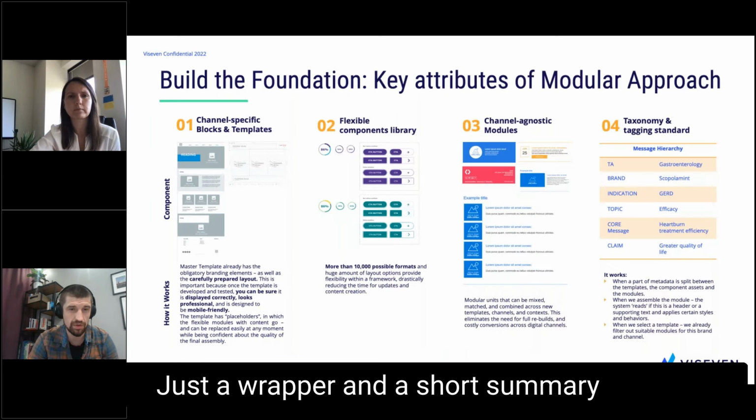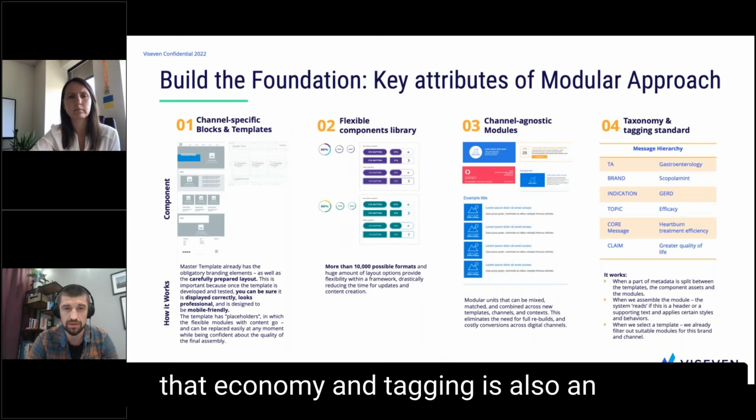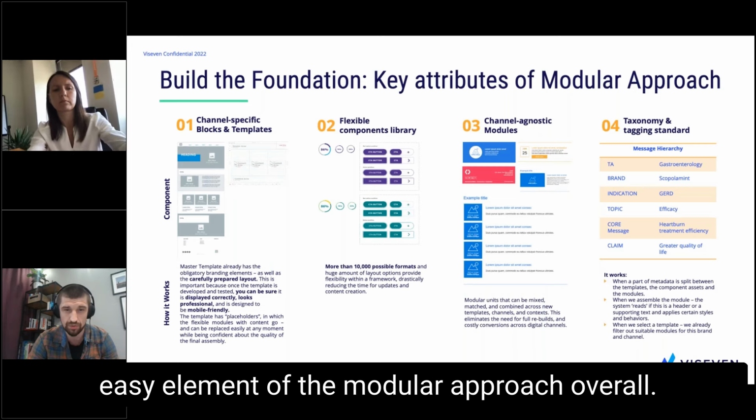And yeah, just a wrapper and a short summary that taxonomy and tagging is also a key element of the modular approach overall.